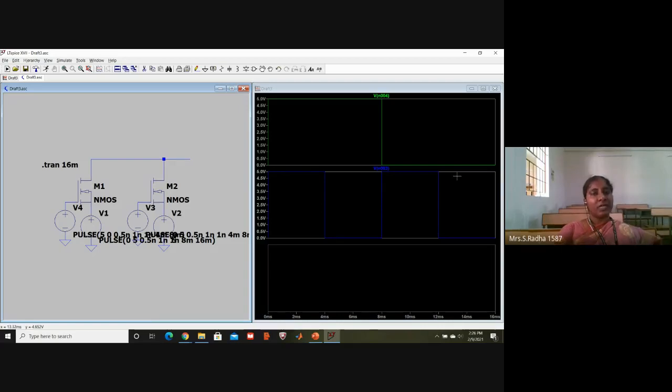The settings we have done are 4 milli, 8 milli for B and B bar, but 8 milli, 16 milli for A. So these combinations are possible. This is 1-1, this is 1-0, this is 0-1, and this is 0-0. Now we want the output. Click here in the output plot plane, then go to run button. Here is the point where we will get the output. Click here. For 0-0, we are getting output 0, that is the OR operation. For all other combinations, output is 1.